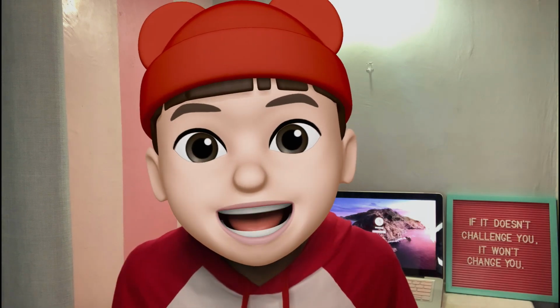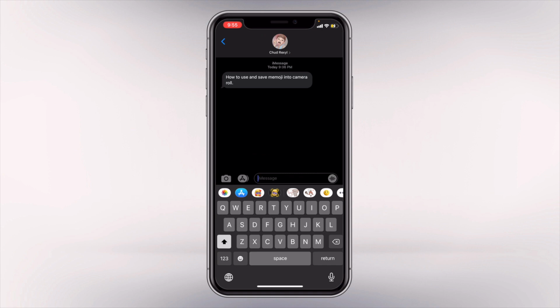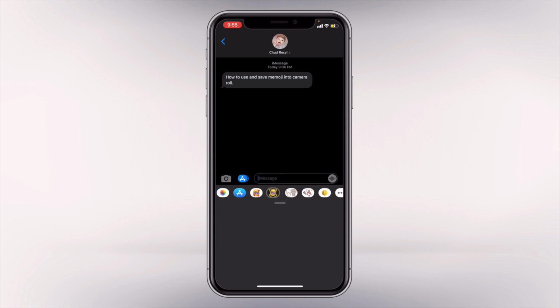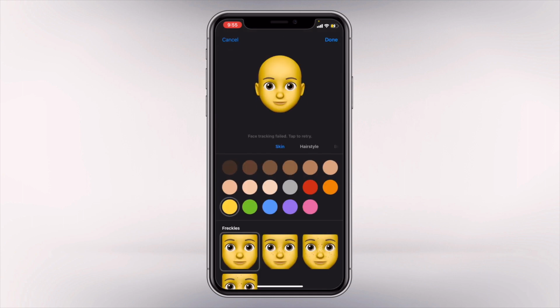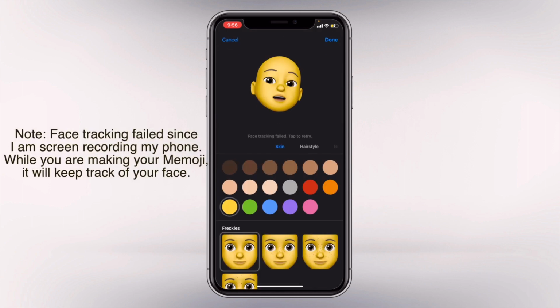To start with, select any message from your message app. On top of your keyboard, you will see this Memoji icon. Tap it and it will load up the Memojis that you already have created. If you haven't created any Memoji, tap the plus button and it will give you a blank canvas of Memoji